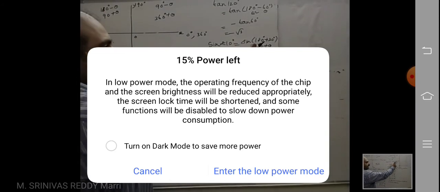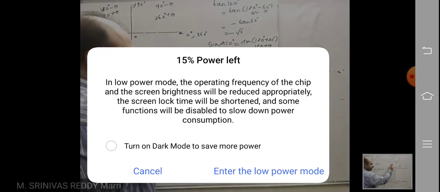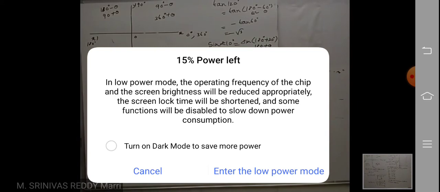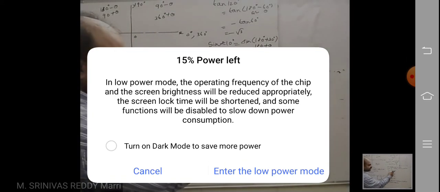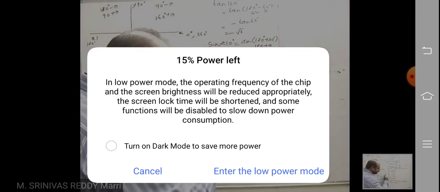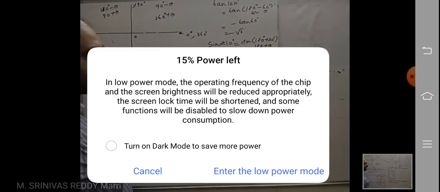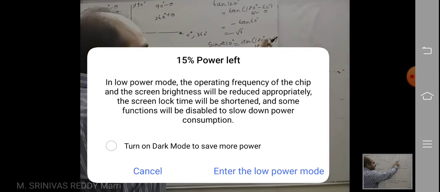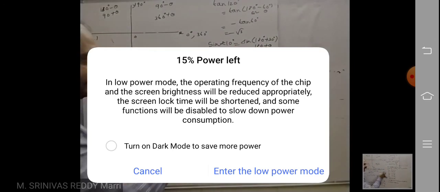That means sine of 180 plus theta is minus sine theta, because in quadrant 3 the sign is negative. So this is nothing but minus 1 by 2. Like that, for these angles the trigonometric ratio will not change: sin stays sin, cos stays cos, tan stays tan. But positive or negative, you have to write according to the quadrant this angle is in. If the sign is positive, write positive; if negative, write negative.